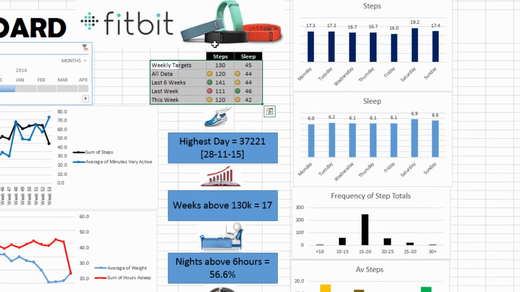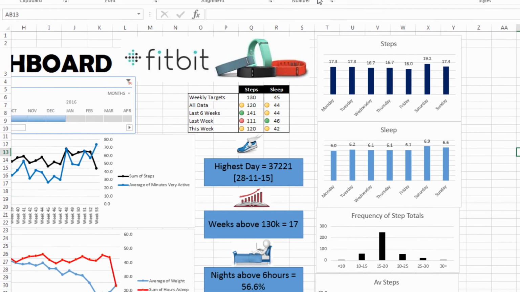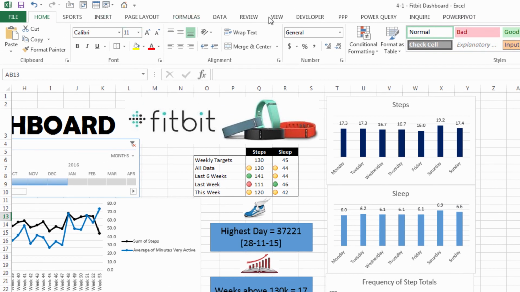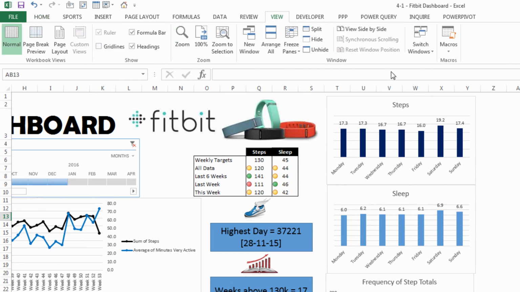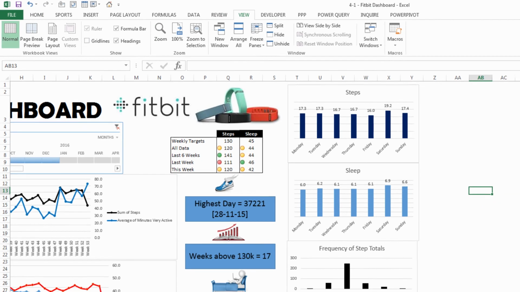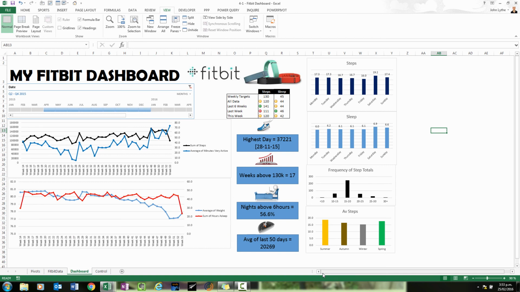Format that a little bit better. One thing I always like to do is, on the View tab, take away the grid lines, and if I get the right perspective on my screen, it's not looking too bad. I'm going to just take a moment to reformat the axes and the chart titles, but otherwise hopefully you have